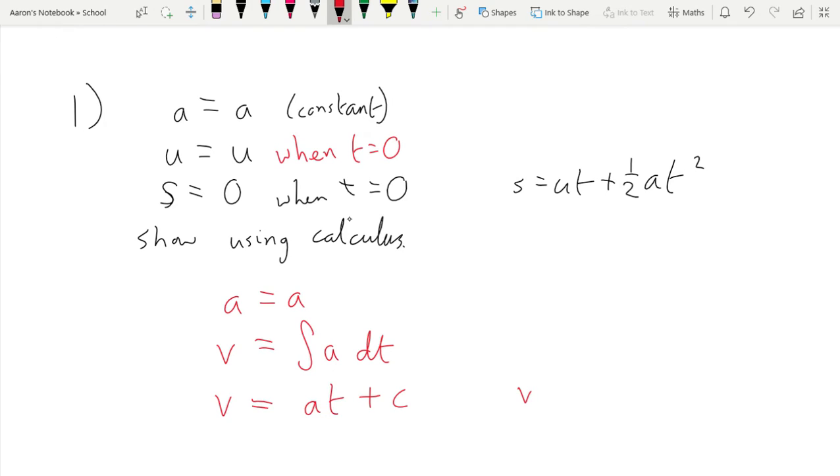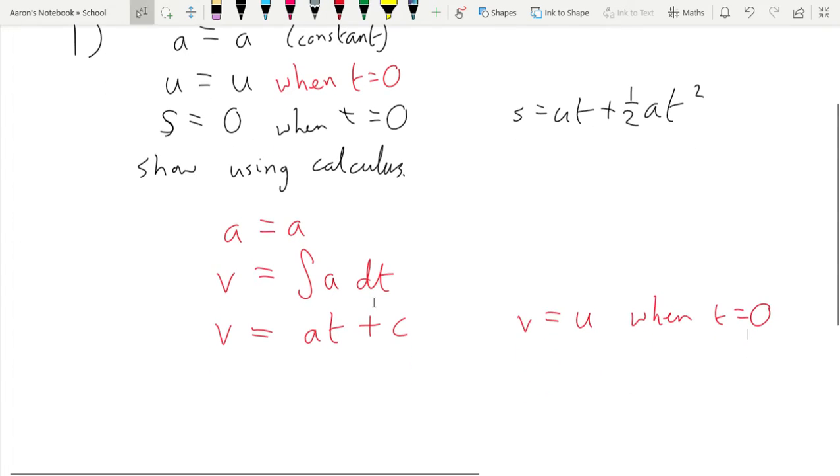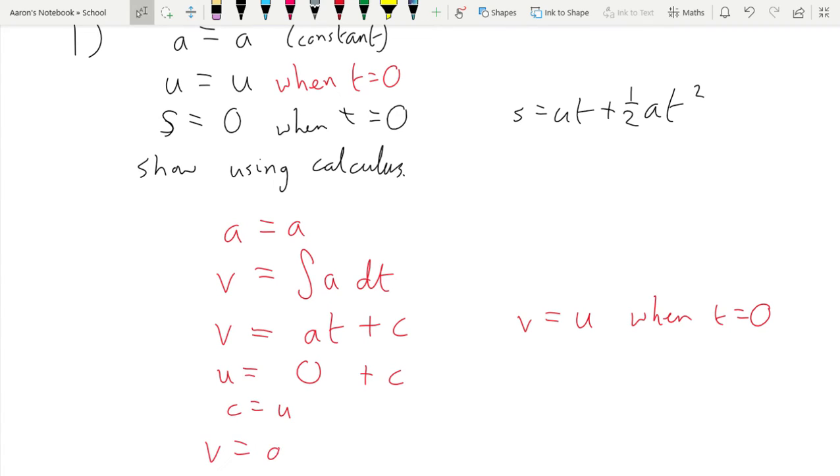So I'm going to say the velocity is a constant u when t equals 0. So if t is 0, I have u equals 0 plus c. So my constant must be u, so I could rewrite that as v equals at plus u,